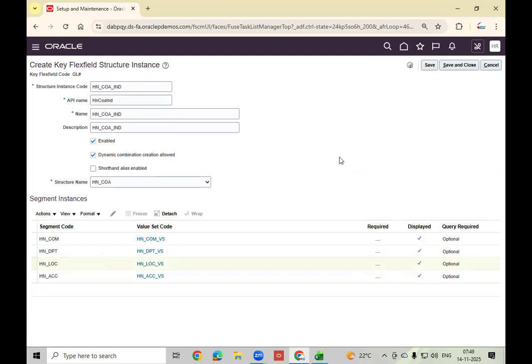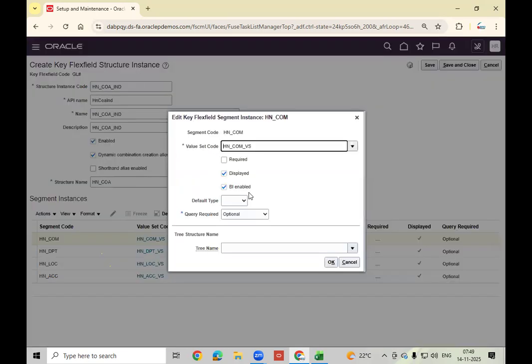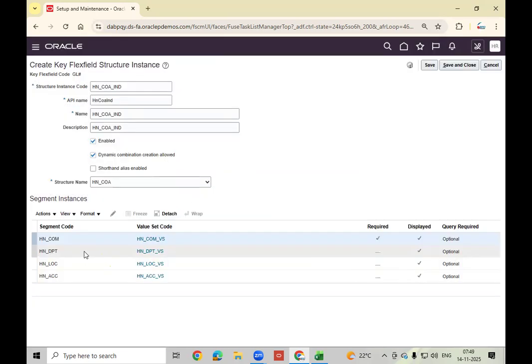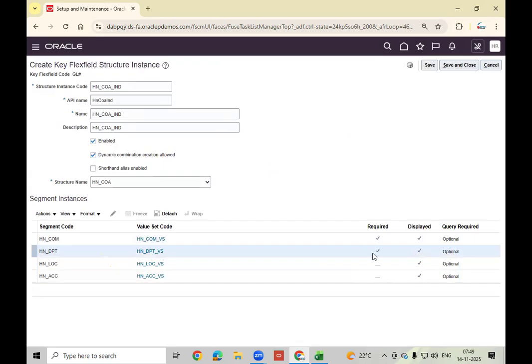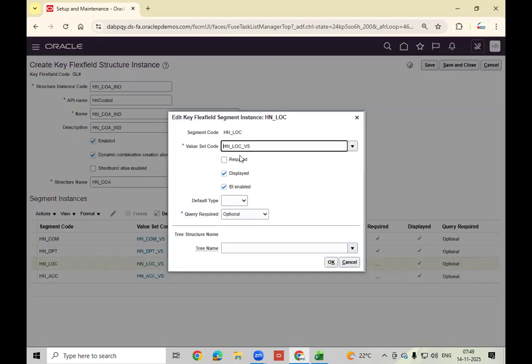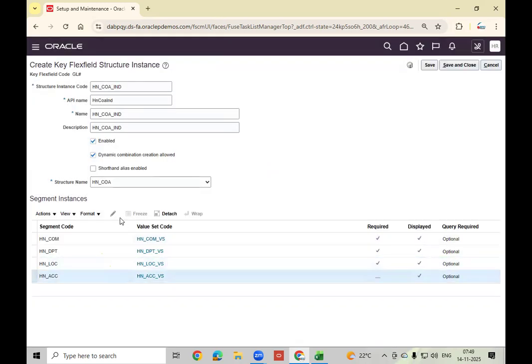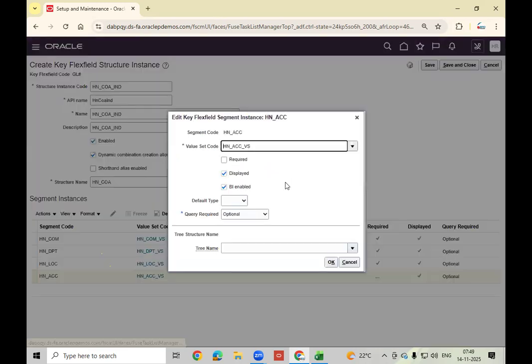Only the instance is assigned to the primary ledger after whatever changes you did, but the segments must be mandatory. You cannot continue with them unchecked. You must enable all, but whether you want to see them or not, you can enable or disable display.